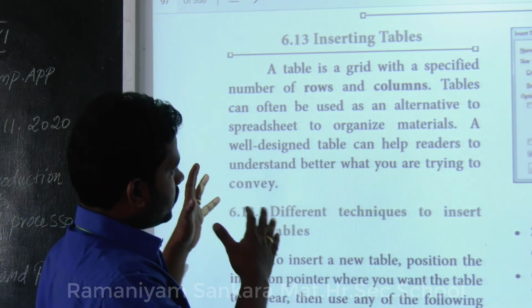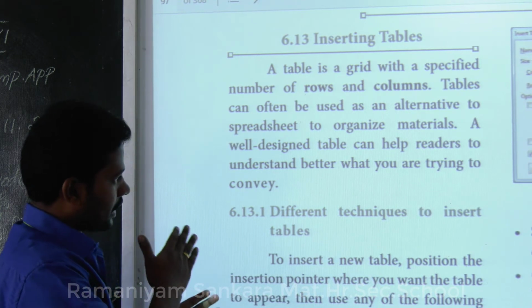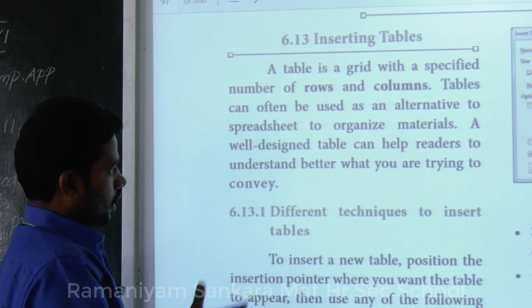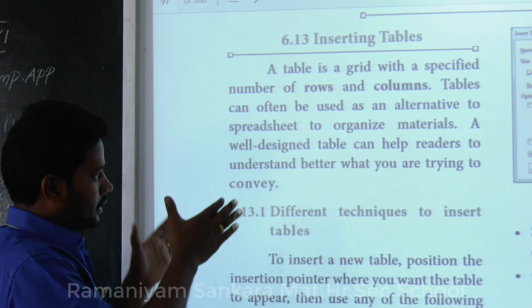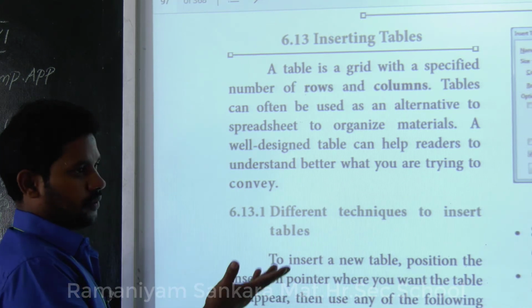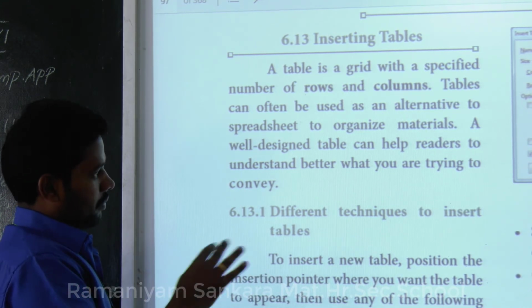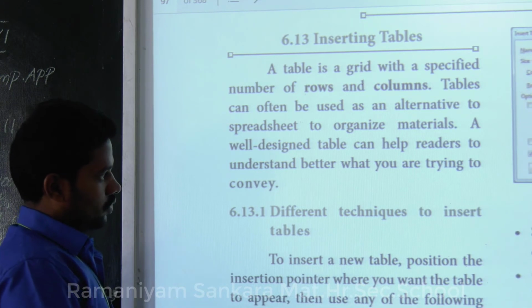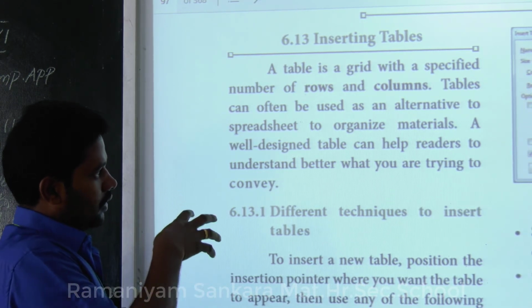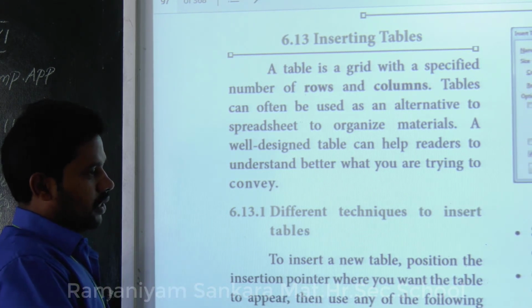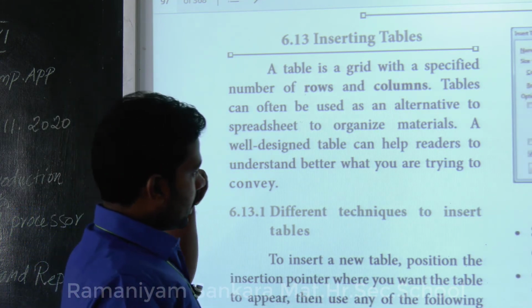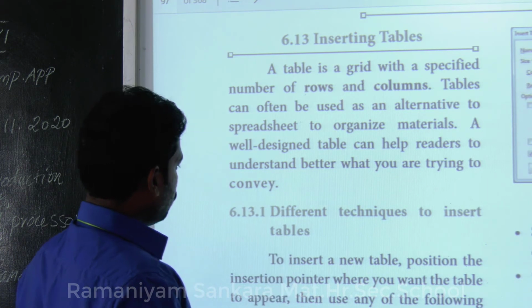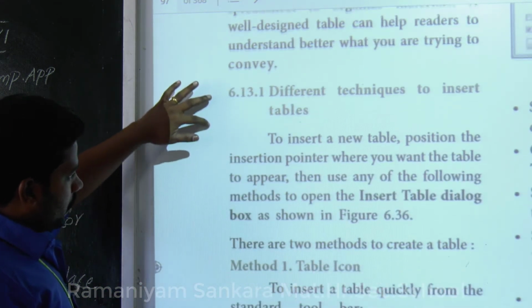A well designed table can help readers to understand better what you are trying to convey.